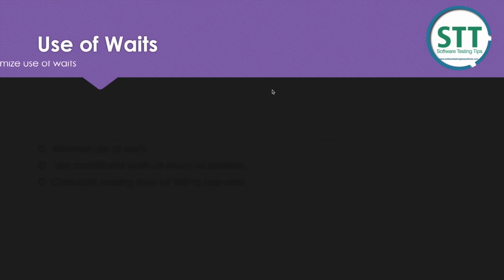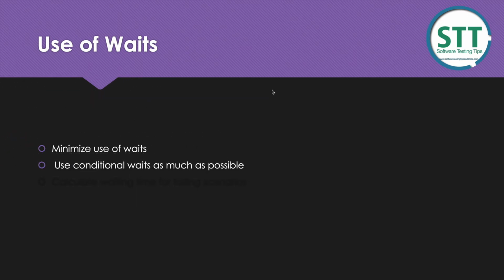The other thing is the use of waits. Most people agree that waits take much of the time in an automation suite. So one thing is to minimize the use of waits. People will laugh, because those who actually write automation know they have to put in a wait to stabilize the test cases, but you need to consider the performance of your product or feature also. So you need to check with the developer or the product team how much wait time would be sufficient.